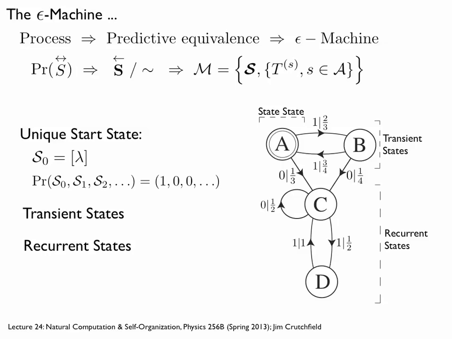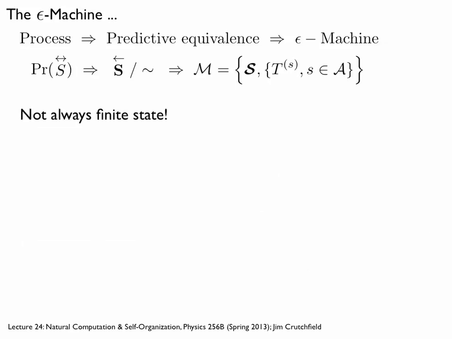Now, this picture is helpful because it looks like what we were talking about before in the winter quarter in terms of Markov chains and hidden Markov chains. What is presented to you here is a hidden Markov chain, an edge-labeled hidden Markov chain. Actually, the mathematics we've introduced is much more powerful than this, and it depends on the nature of the process. In particular, things don't have to be finite state. It's okay to think about this finite state Markov chain or hidden Markov chain. That's fine to get started.